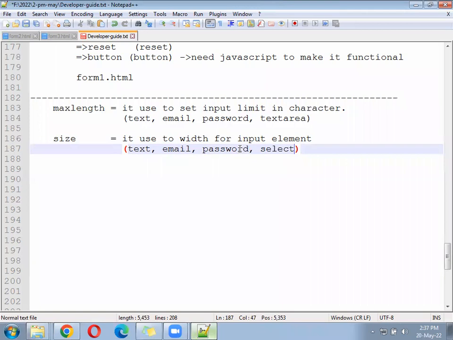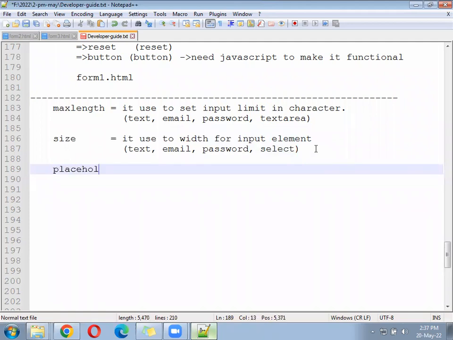But for the maximum, how many we can select, we can limit using the size property. We can write size equal to 3, so the user can select a maximum of 3 options. Minimum they can select 1, but the maximum will go up to 3 only, whichever number we set there. So max length, size. Next we have written called